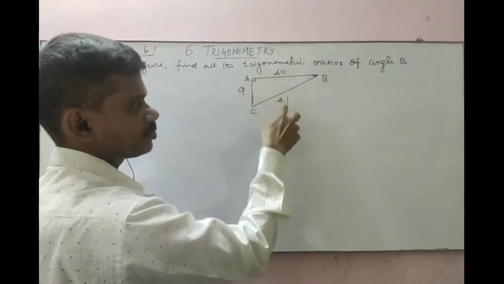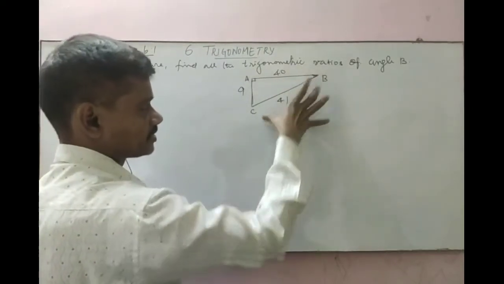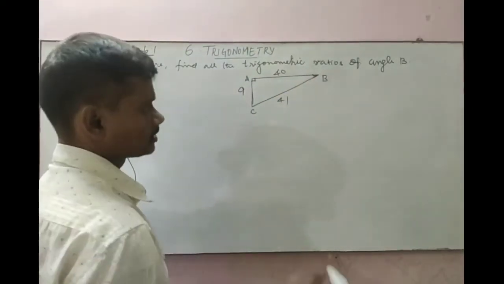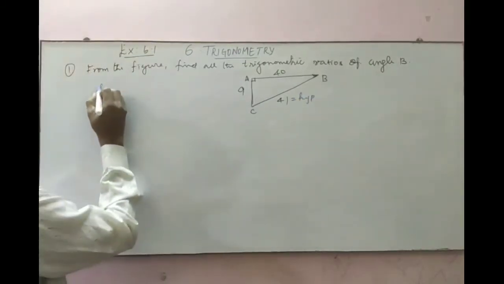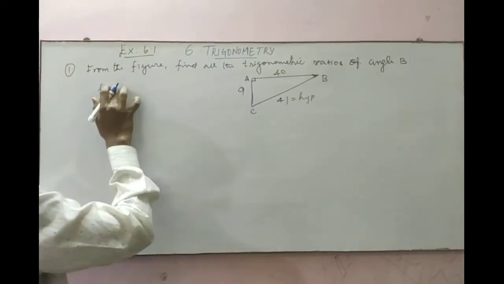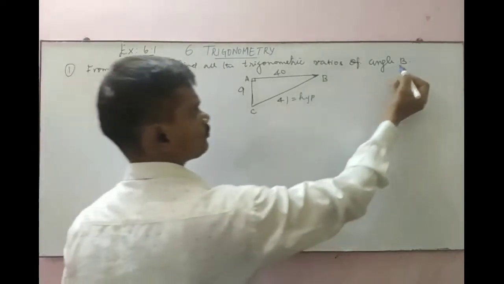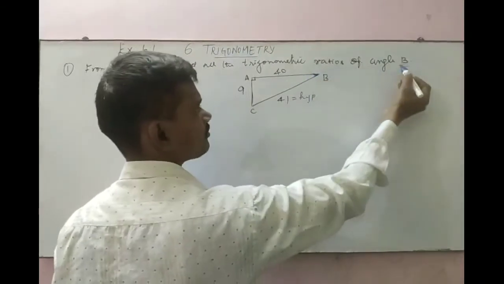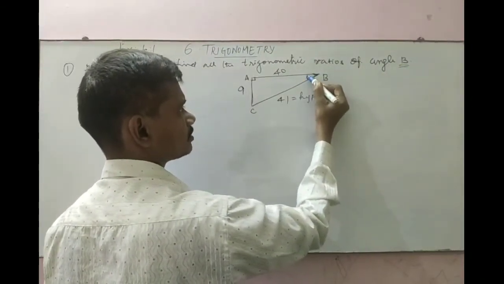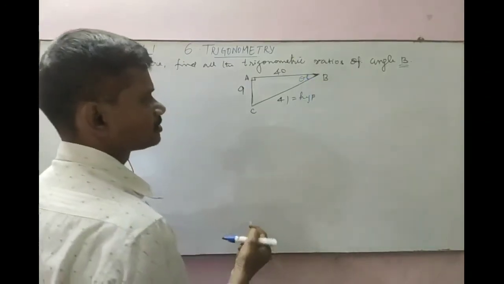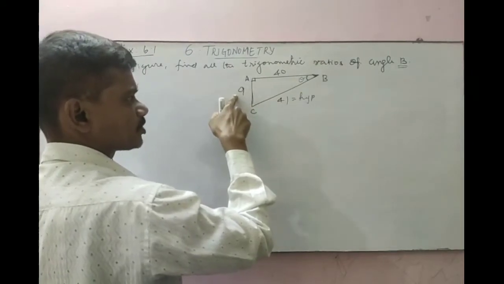அதாவது 90 டிகிரிக்கு ஆப்போசிட்ல இருக்கிறது, அது இல்லாம இந்த ரைட் ஆங்கிள் ட்ரையாங்கிள்ல பெரிய சைடு, அதுதான் முதல்ல நீங்க கண்டுபிடிக்கணும். That is the hypotenuse side. So this is the hypotenuse side. So I am going to write the hypotenuse. So what is the hypotenuse? That is 41. Then they ask you to find the trigonometric ratios of angle B. That means this is the angle B. So you have to fix the theta here. Since this is the angle, this side is the opposite side.